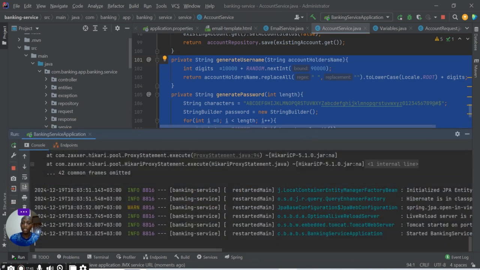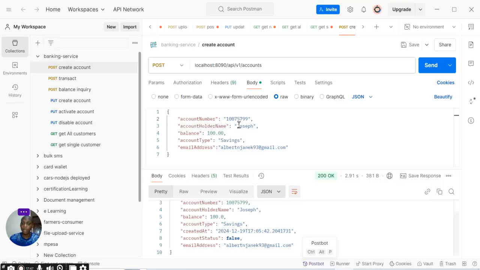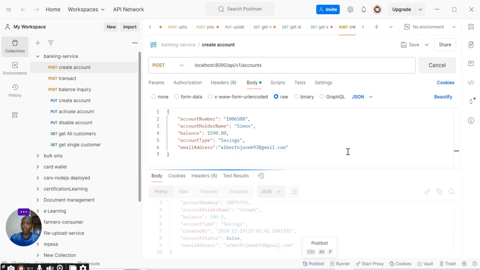Now my code has started. Now I want to send an email. I want to create a new account, 106588. Account holder's name, let me call Simon. Account balance, let me set an account balance of 1590. Account type is savings. Then the email address is this. If I click on send,